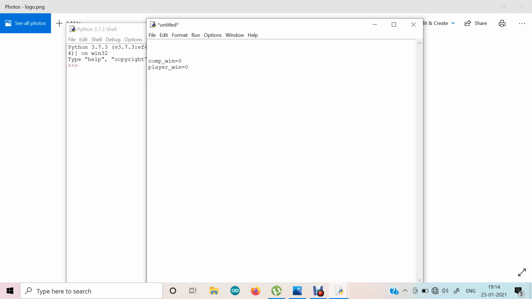Then we have to create a function. In Python we usually create a function using the keyword def, then the name of the function, like I would say choose option, and then we will do the coding of it. The first step is that we have to take the options from the user. He wants to choose rock, paper, or scissors, so here we will make a variable user underscore choice